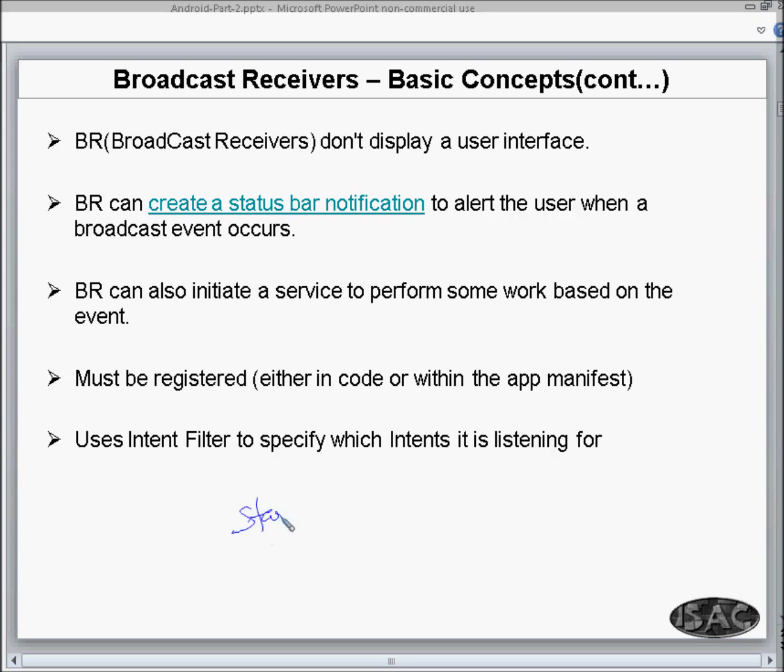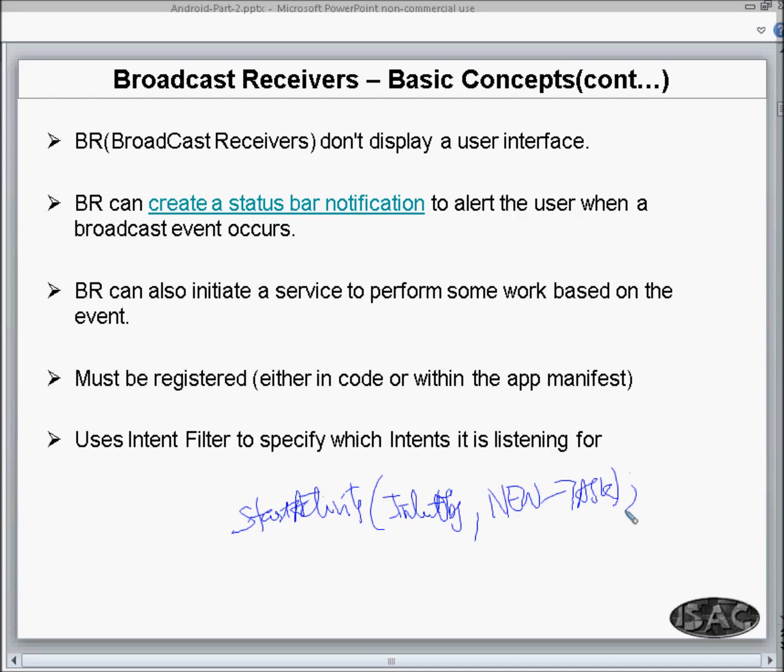Something like this. Start activity and this intent object, and then you pass here new task. This is a flag you have to pass. Most of the time we don't pass that flag because it uses the parent context, but when you are doing it from a broadcast receiver and you want to launch a new screen, it is possible, but remember to pass that